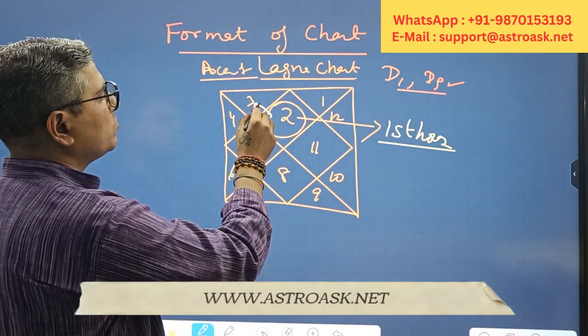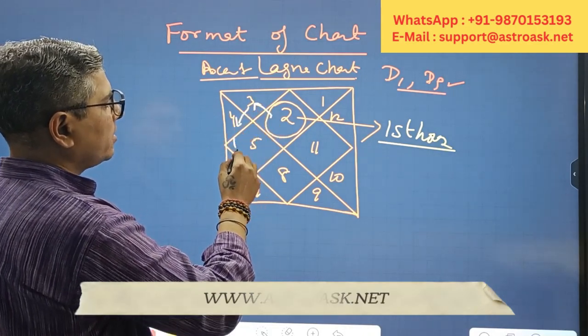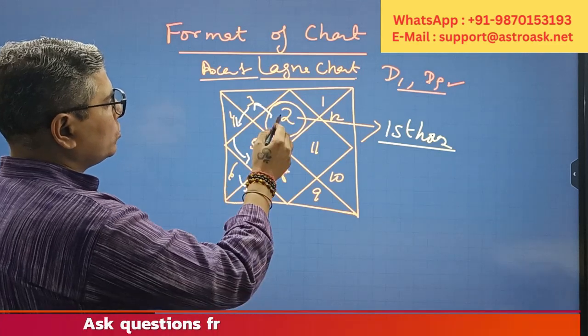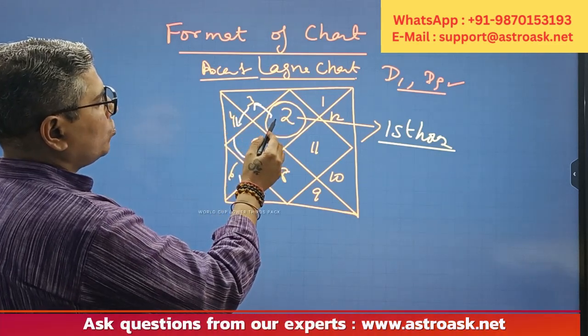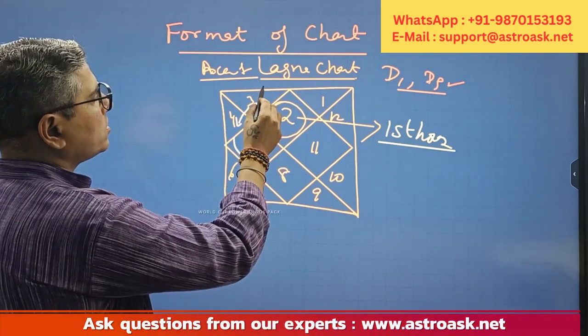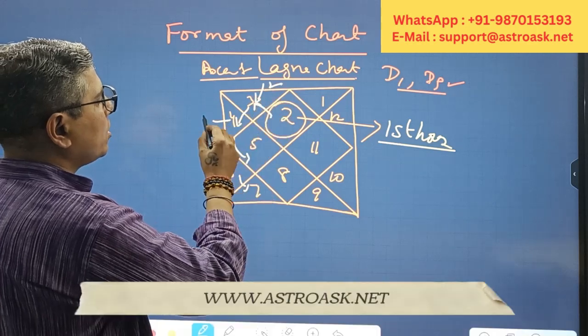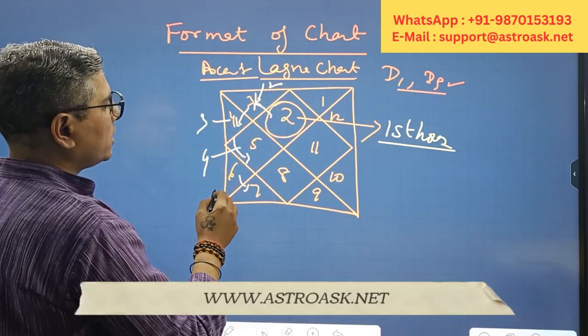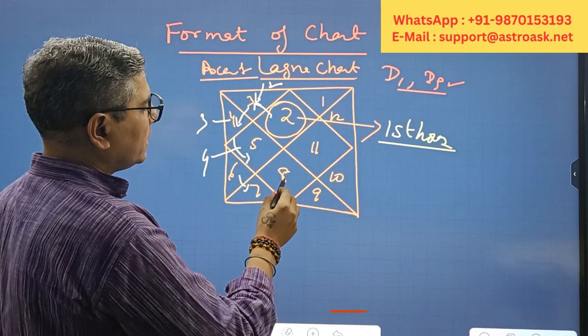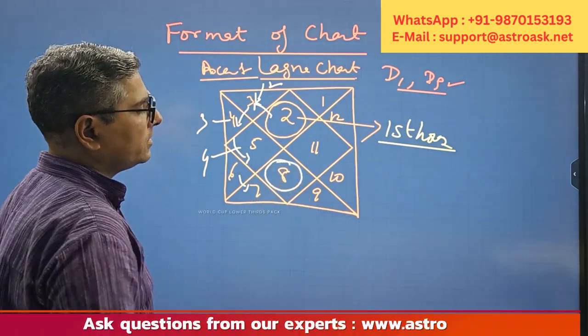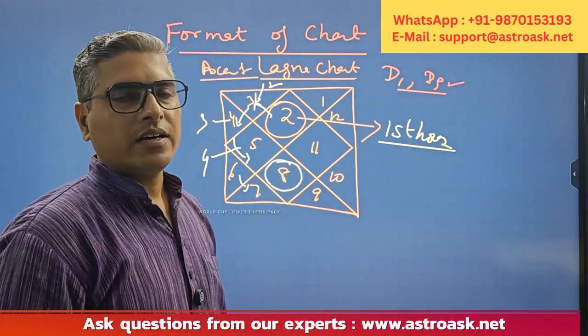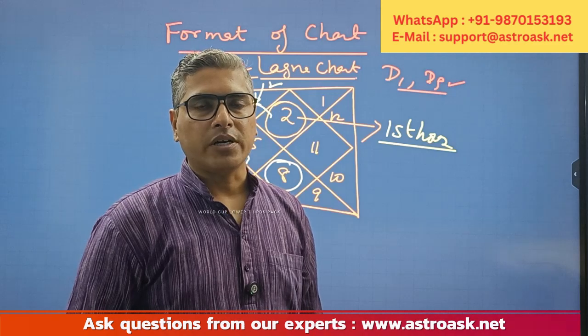in the anti-clockwise direction, that means moving towards this and here like this, you can write down these numbers or you can check these numbers. This is your first house, this is your second house, this is your third house, this is your fourth house. It doesn't mean that if 8 is written here, then it is known as the 8th house. This is very, very important.